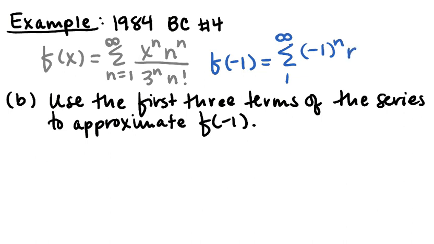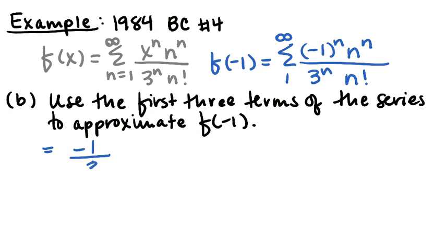n to the n over 3 to the n factorial. It's got a lot of stuff going on. So what we're going to do is just start writing out some terms. So this would be equal to, starting at 1, negative 1 to the 1 is negative 1. n is 1, 1 to the first power is 1, so that's 1 in the numerator, divided by 3 times